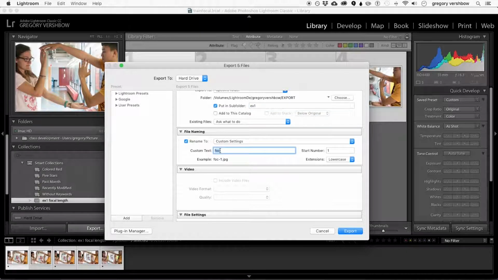Now, the export dialog gives us some really cool functions. Like here we can automatically rename files. So I'm going to rename these files focal, for focal length, and I'm going to have it number them. I have other choices here. I can choose also not to rename it,